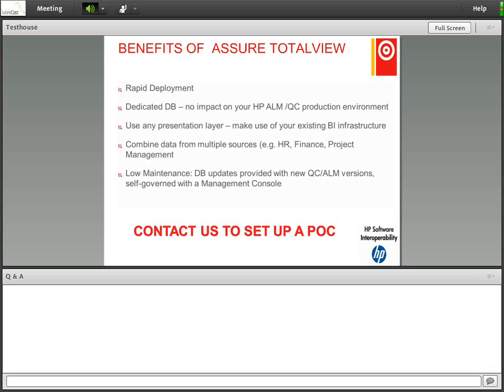But you can use any presentation layer that you already have and leverage your existing infrastructure and staffing. And as a next step, you can imagine that once you have all your QA and R&D data in an optimized reporting database, you can take it to the next level and start combining that data with other data sources like HR and finance and project management to really take a look at what your project costs,